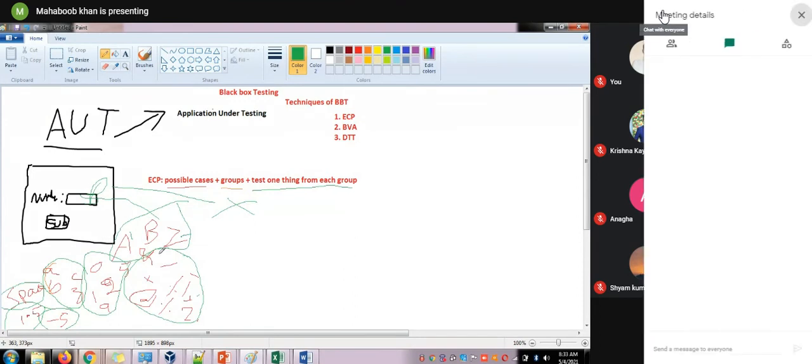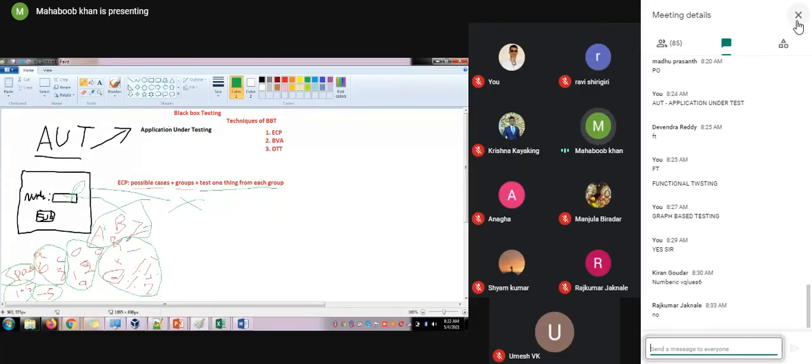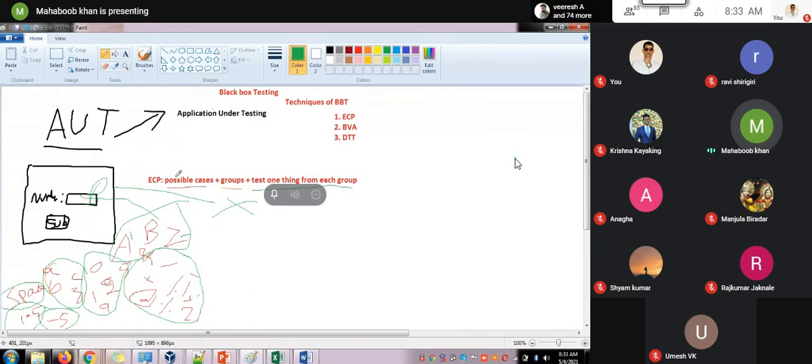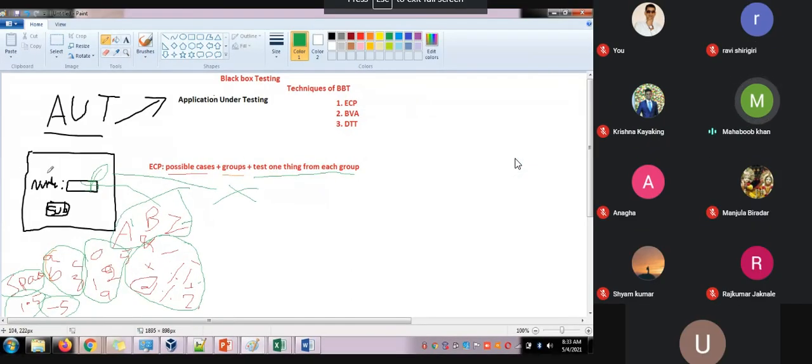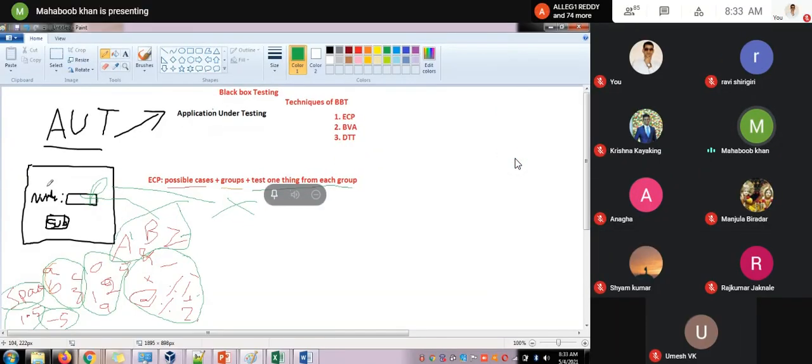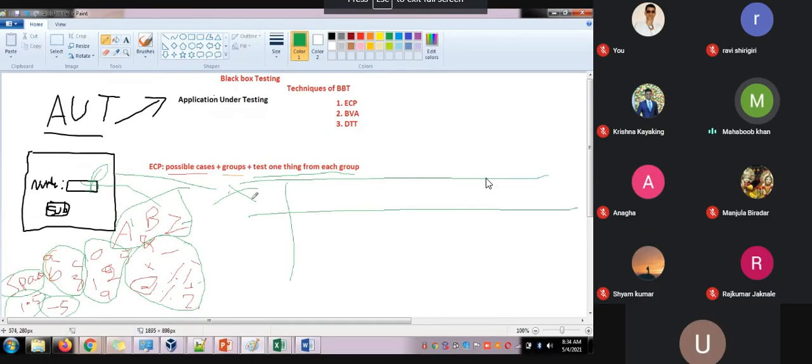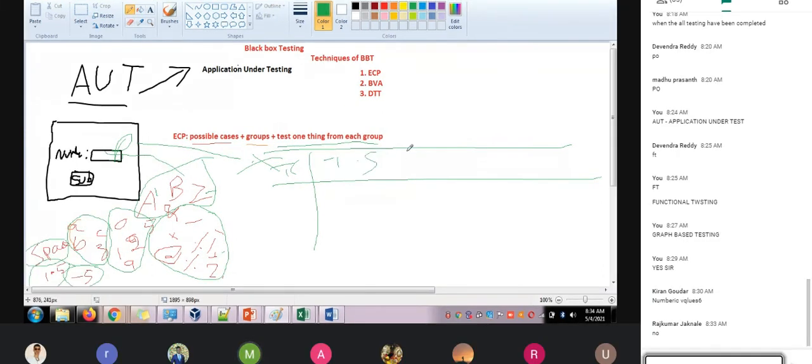Are you getting it, guys? This is the thing you need to know. Once the interviewer asks you, can you write test cases? First you need to think like this, and you need to prepare the content of the test cases, like how I made the content: test case ID, then test scenario, then test step, then test description.